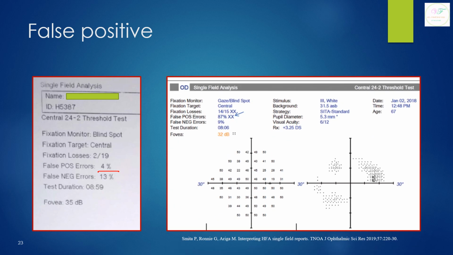Now if you see this visual field, the false positive errors are 87% and it is crossed with a double cross. This is a typical visual field of a trigger happy patient, that means one who keeps pressing the trigger in spite of not seeing the stimulus. And if you see the gray scale of such a patient, this is called the typical white scotoma where everything looks white, and this is one thing which you have to see in order to know about the reliability.